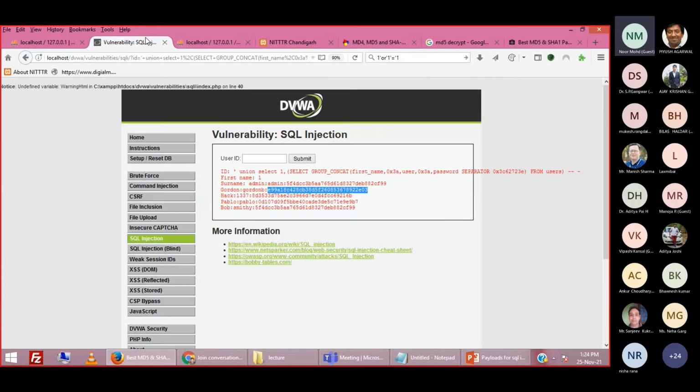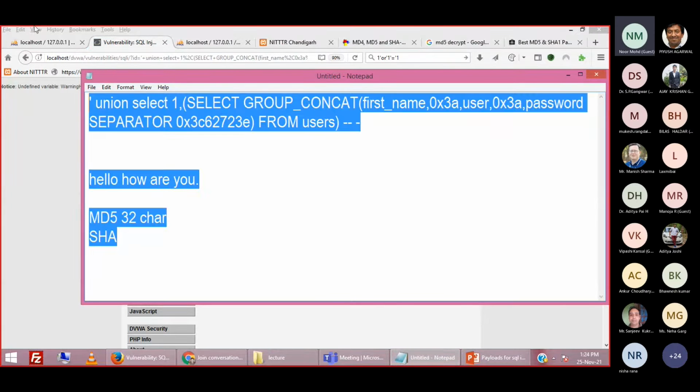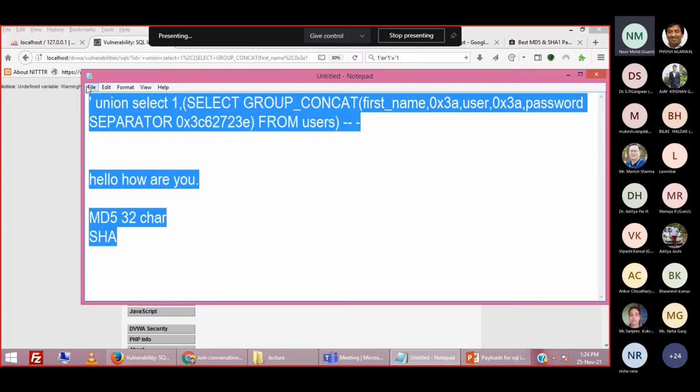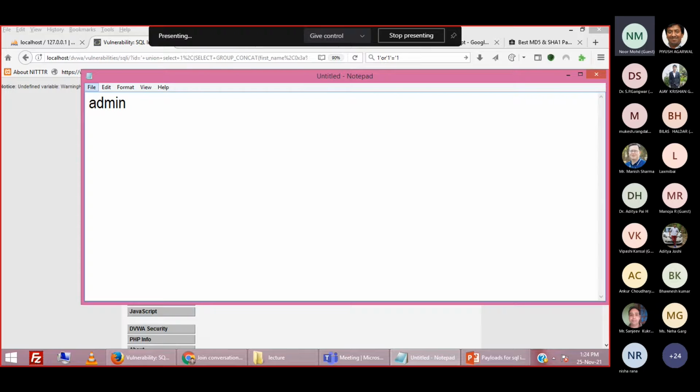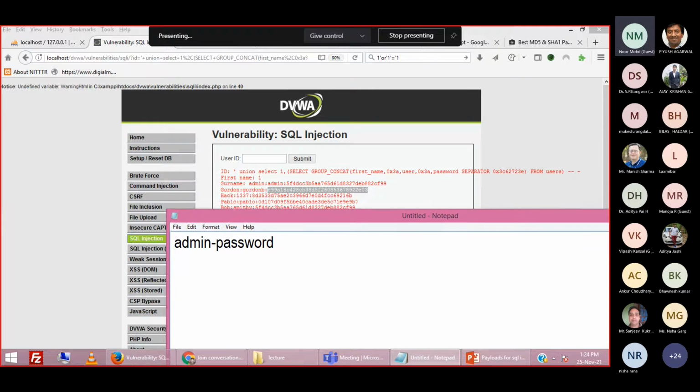Let me write here in the notepad. For admin, the password was password. One by one we can retrieve all the passwords. For gordonb, the password is abc123.